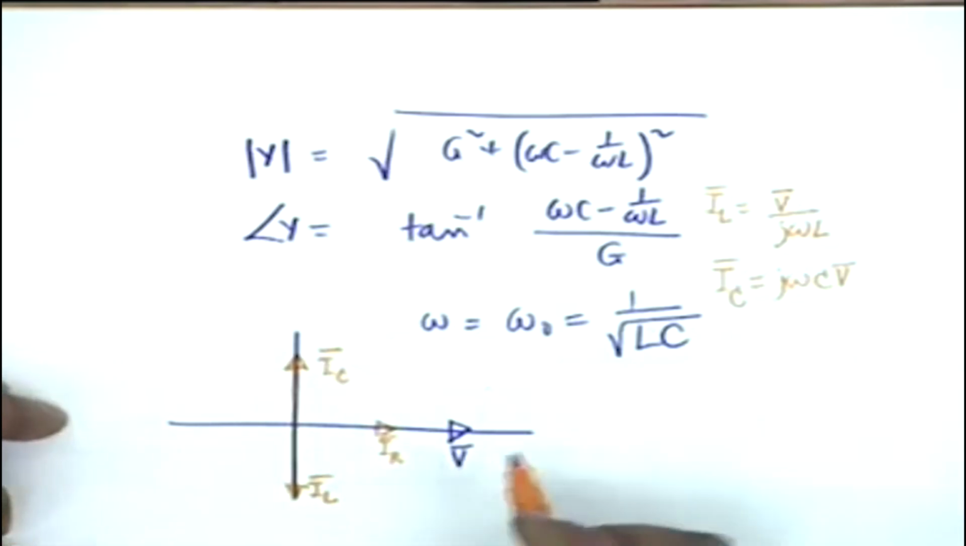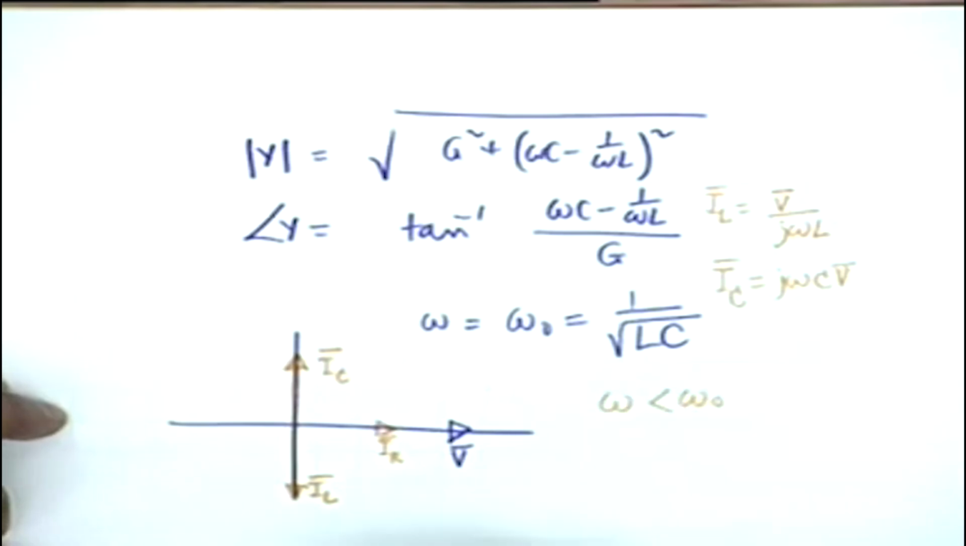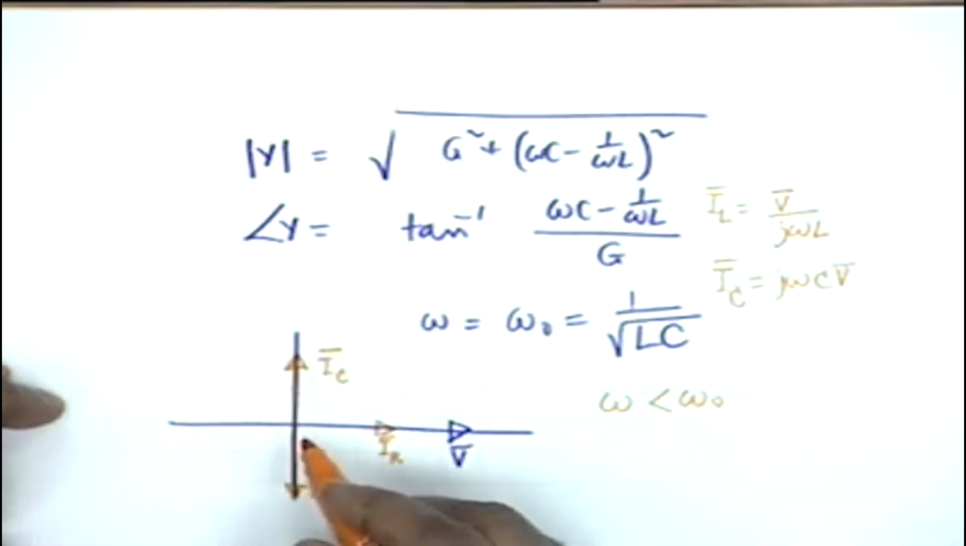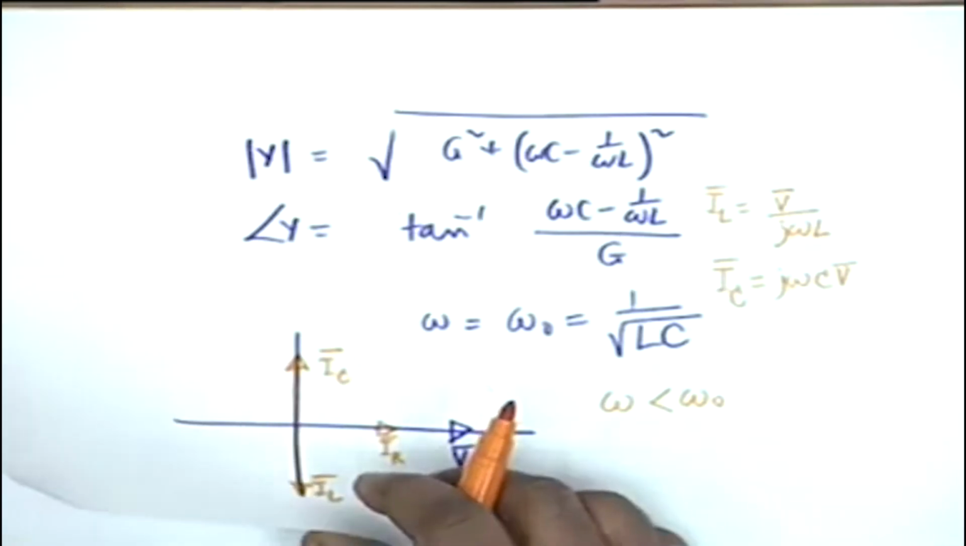Can you tell me now what will happen if omega is less than omega 0? If omega is less than omega 0, then which current shall be higher? I sub L, and therefore the total current shall be lagging the voltage. Similarly, if omega is greater than omega 0, then the total current shall lead the voltage. Okay. So series and parallel resonance are very similar phenomena, and one should not be surprised to see the similarities,